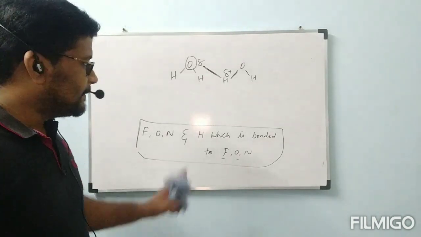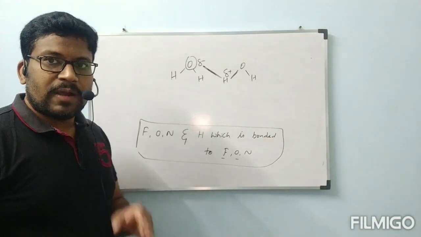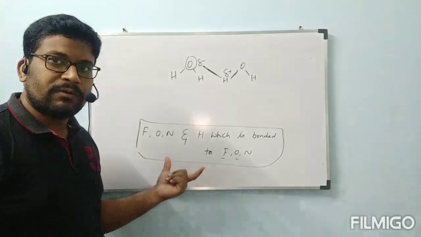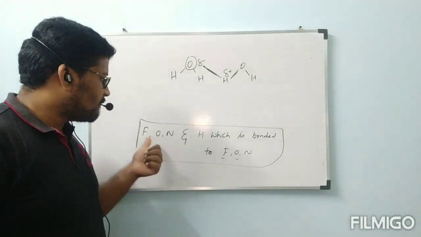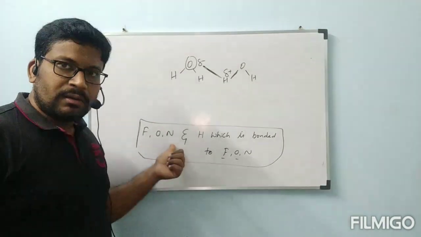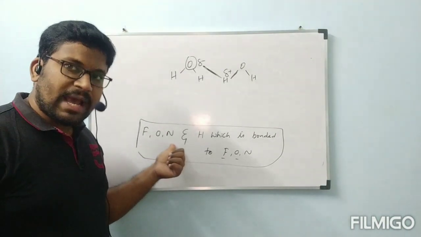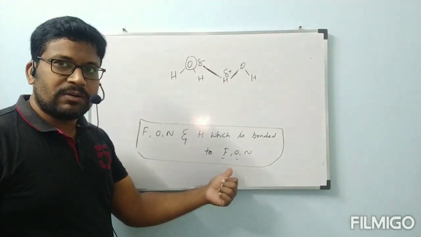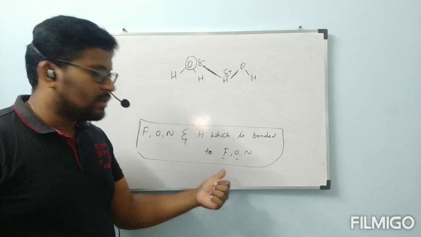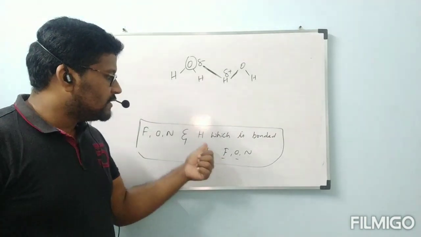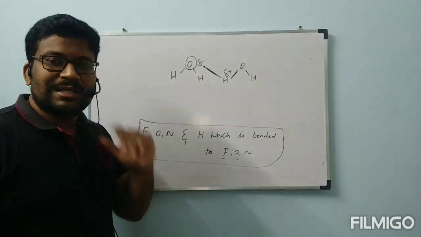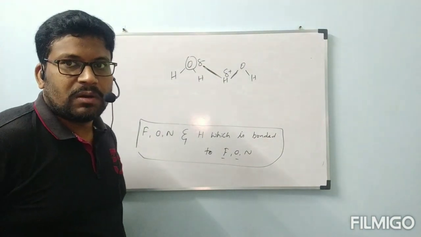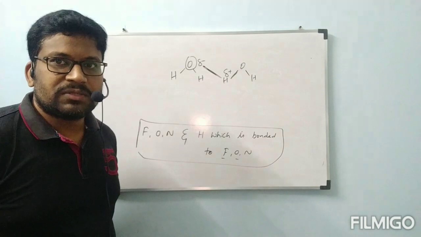Is it okay? This is the main condition. While we are checking whether a molecule contains a hydrogen bond or not, this is the main condition we have to keep in mind. That is, fluorine, oxygen or nitrogen should be present in that molecule, as well as hydrogen bonded to these elements. Any one element, no problem. All 3 elements, no need. If any one of the elements is bonded with hydrogen, then definitely they will form a hydrogen bond. Further examples we will see.